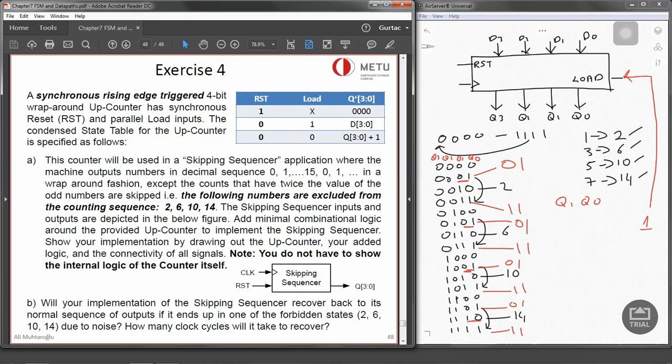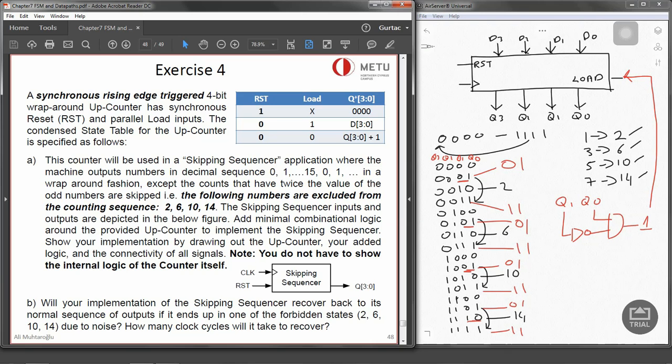So that load is going to be 1. How do we do that? We can actually go and check using an AND gate. So this is going to be 1, but Q1 has to be also 1, so that's why we use an inverter. So we can say that when Q0 and Q1 are detected, we have to load a new value. So we can just use an inverter and an AND gate over there,